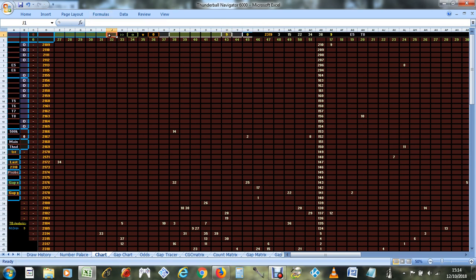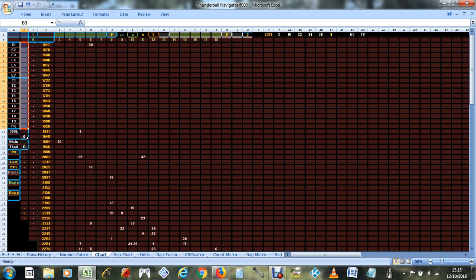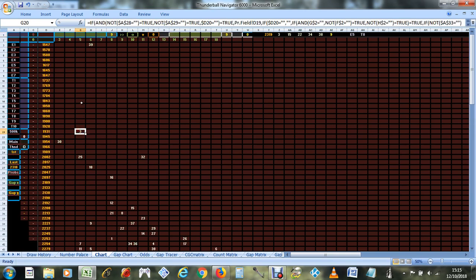But anyway, Thunderball number 9 came out, so let's have a look at a chart for main numbers paired with Thunderball number 9. So this is a chart summarising all the draws where Thunderball number 9 has been drawn since the main numbers went up to 39. And let's see where the winning numbers were on that chart. So that's where they were. I noticed number 3 was second most overdue, but not the most outstanding, so it wasn't predictable from that. But anyway, 15 came out again,